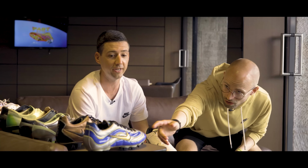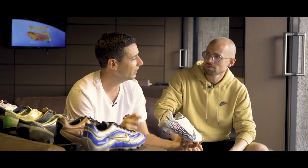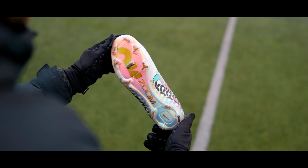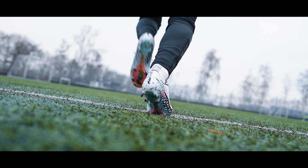And we've used it in football boots all the way back to the Zoom Rio. Oh yeah, in 1996, in the Zoom GX. Yes. So it wasn't that we didn't think that Zoom was right for football, but we really didn't have that unlock on how to maximize it for football. We'd either put it under the sock liner, or put it into the plate. But taking some cues from our basketball friends, where they were able to create a strobel that was all Zoom,